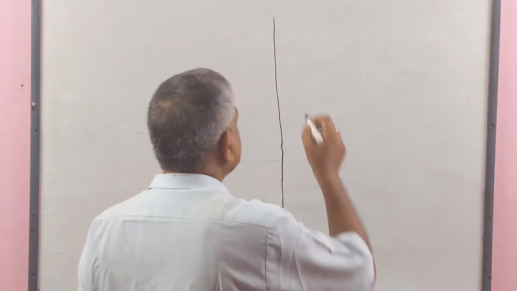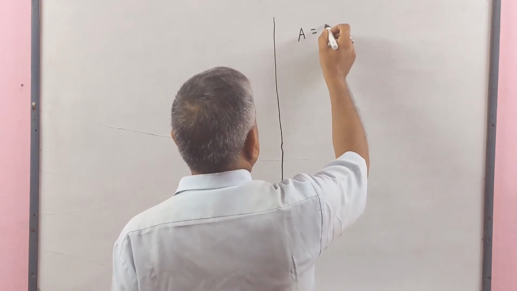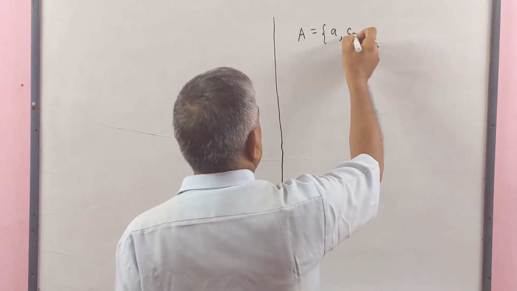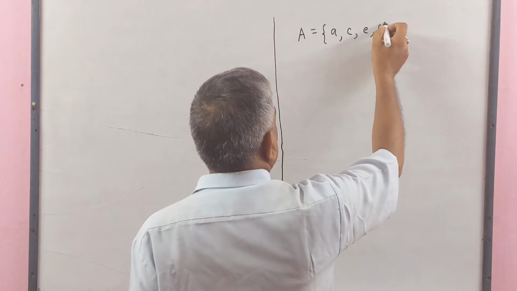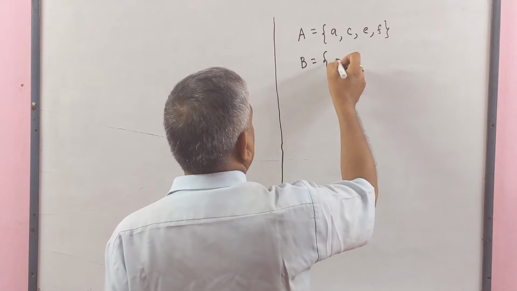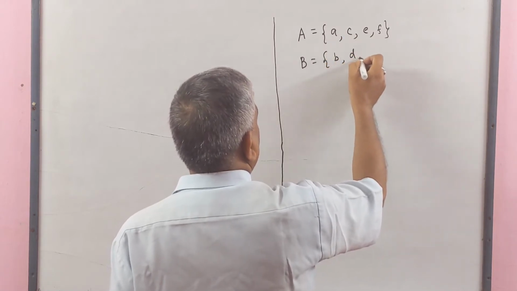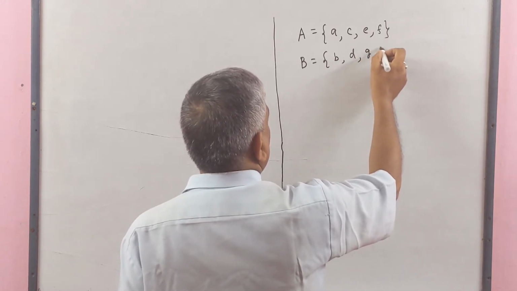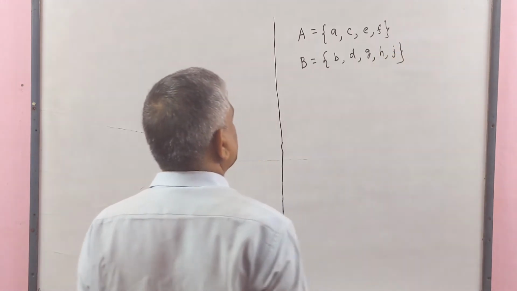We have two sets, A and B. A contains elements A, C, E, F. B contains elements B, D, G, H, J, such that